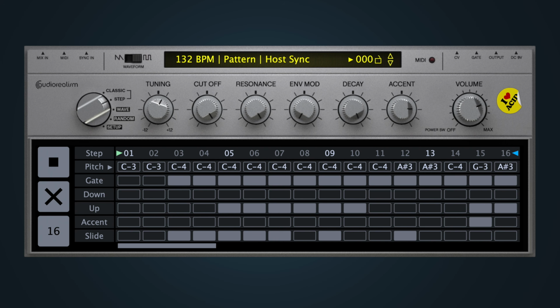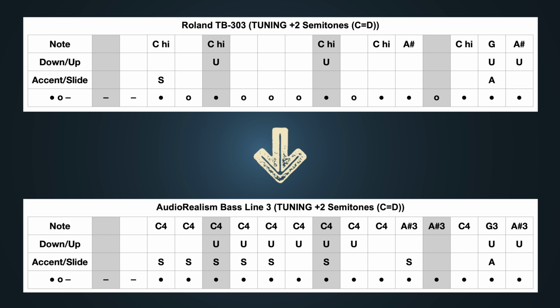With ABL3 the note steps in step mode are set by the gate. If the gate is clicked, a 16th note is played. If the gate is not selected, no note is played. If you want to play longer notes, connect them with a slide, even if the notes have the same pitch. Here you see for example an 8th note, and here a 4th note. So the note steps from the pattern of Meet Her at the Love Parade would look like this in ABL3.